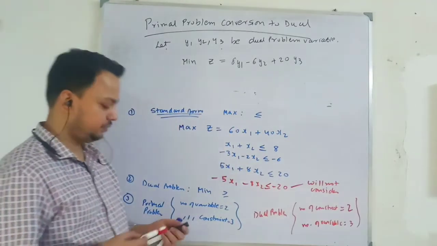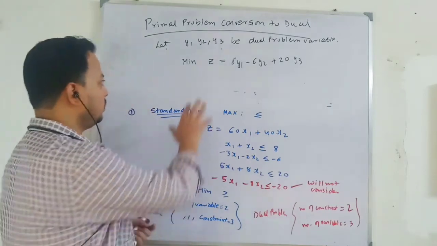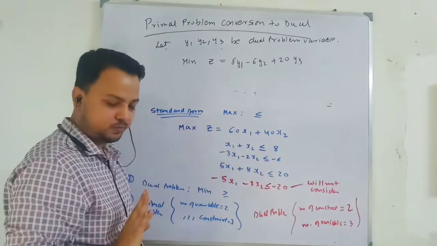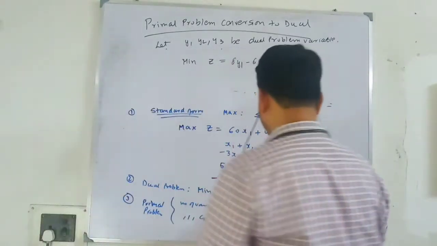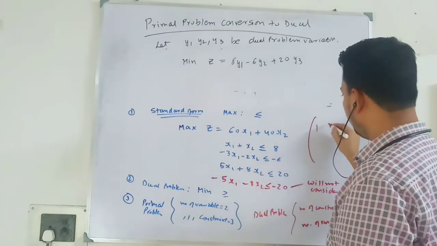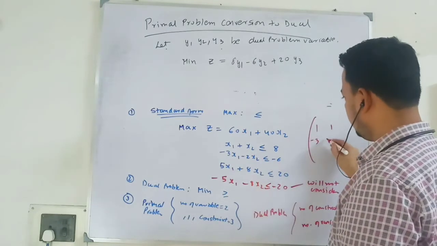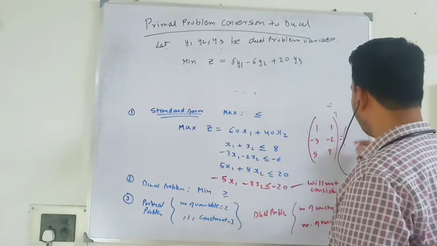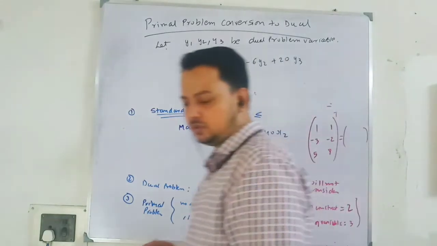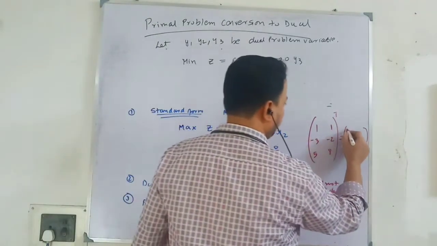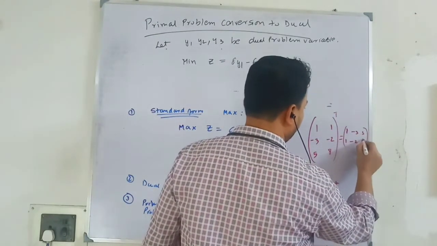Okay. Now, in order to write the constant, what I have to do? This matrix I have to take the transpose. So what is this matrix? This one I have neglected because it is already taken. Okay. So I have what? 1 1 minus 3 minus 2 5 8. Okay. I have to take the transpose of this one. What it will be? What is the transpose of this? Very good. 1 minus 3 5 1 minus 2 8.